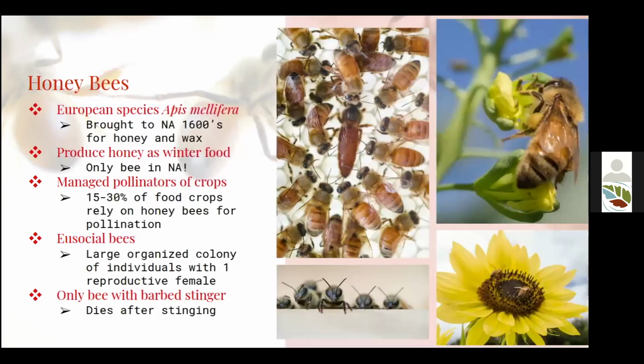Okay. And so I just wanted to mention honeybees really quickly. Honeybees are probably the most popular, most widely known bee. There's only one species, and that's Apis mellifera. We have about 4,000 unique species in North America, and just this one is the sole producer of honey and beeswax that we have here. And they're not actually native. They were introduced to North America in the 1600s as producers of honey and beeswax with European settlers. They now have kind of been co-opted and are widely managed as pollinators for crops.